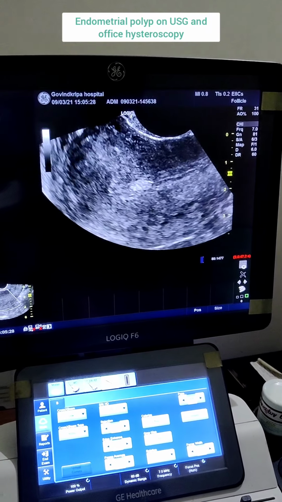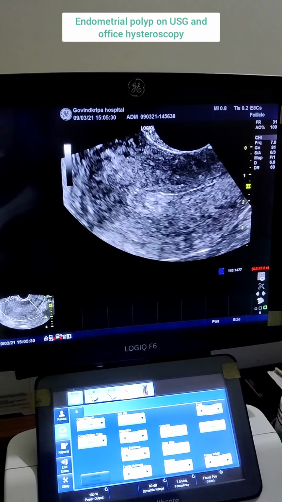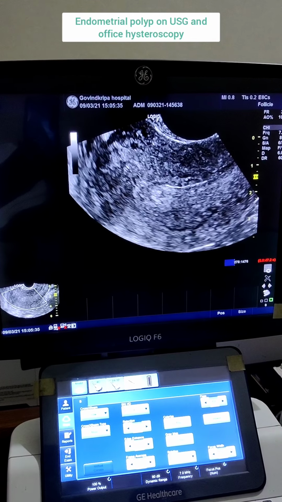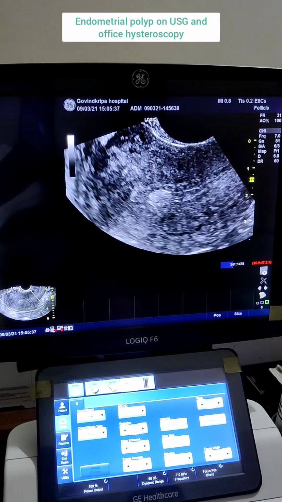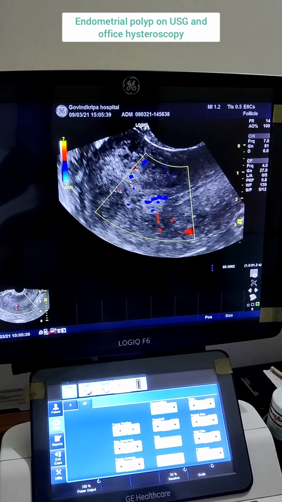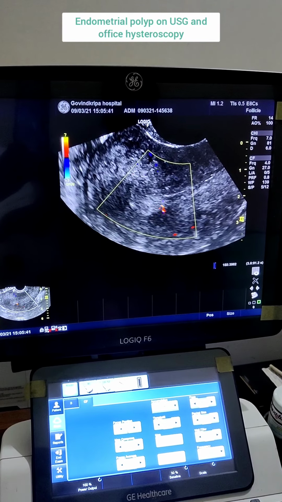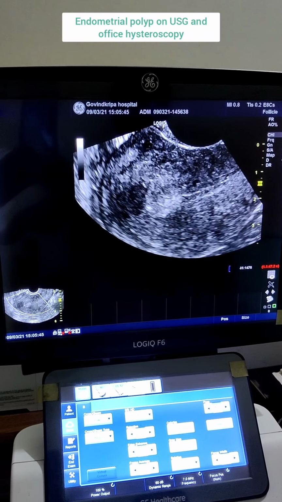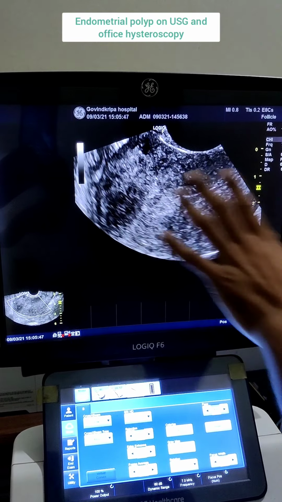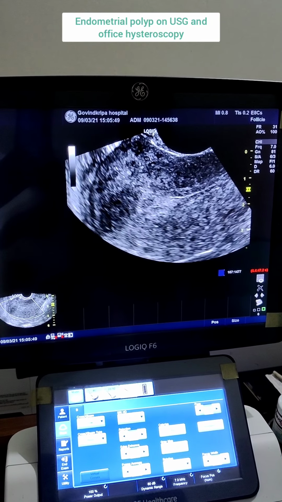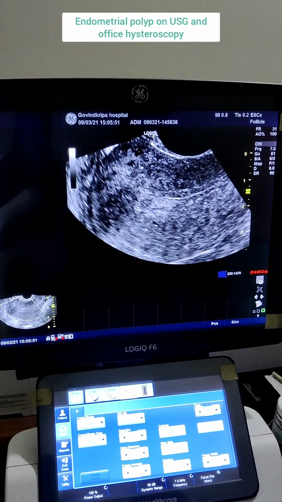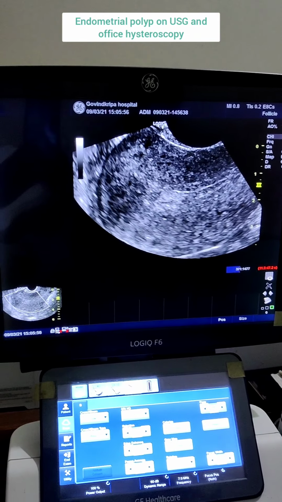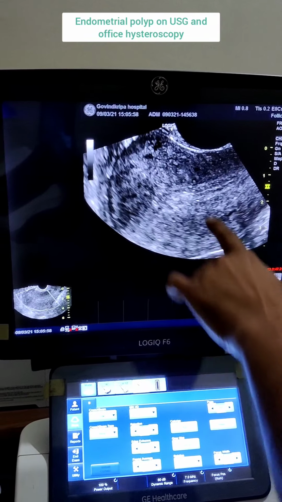Brownian movement is also seen if there is a fluid collection inside, but it is also seen in the case of a polyp. And the vascular pedicle is the most important sign. You can see this is the vascular pedicle, and at the same time you are seeing Brownian movement. You can see very clearly this is the Brownian movement. My hand is fixed. I am not moving my probe anywhere, but still once in a while you will see this Brownian movement.